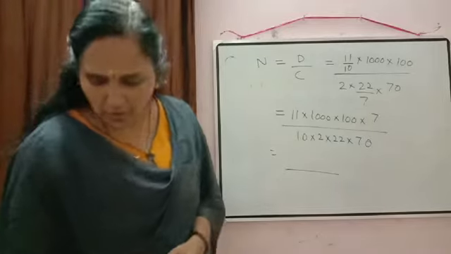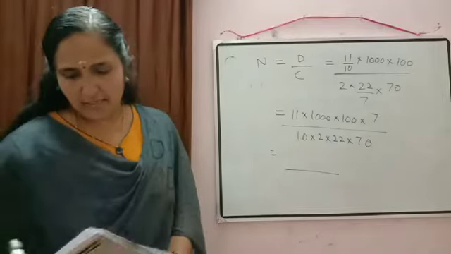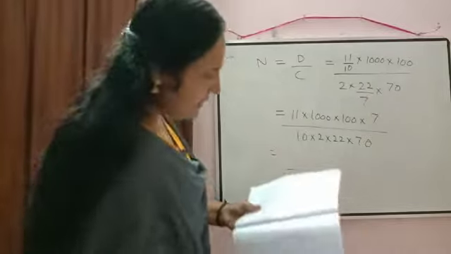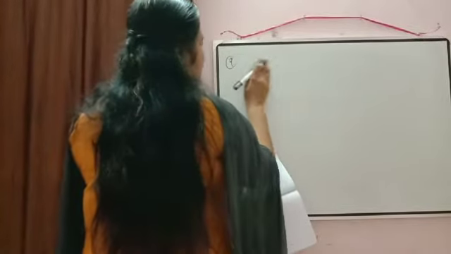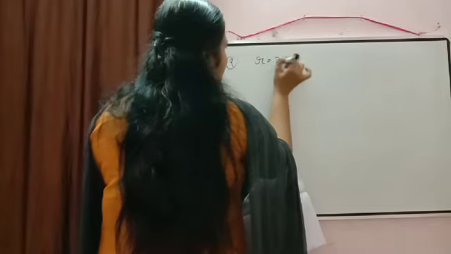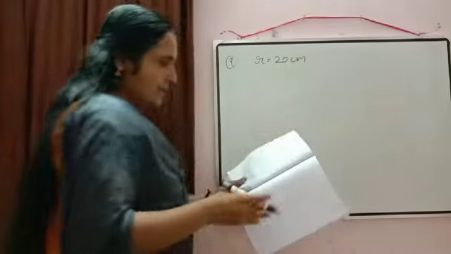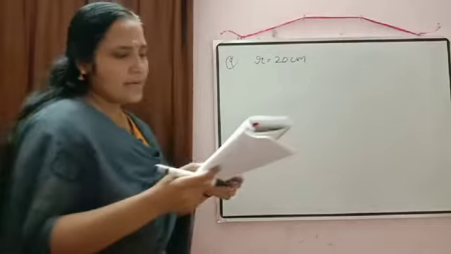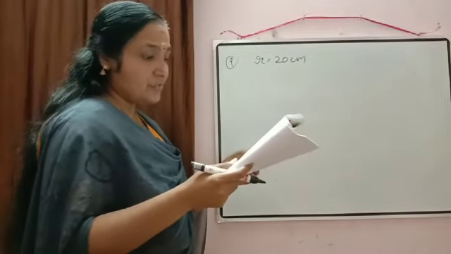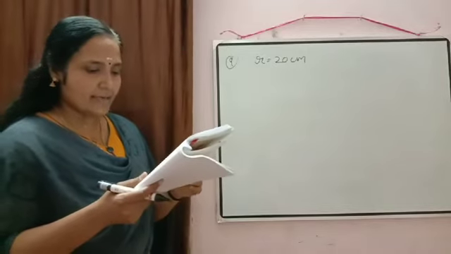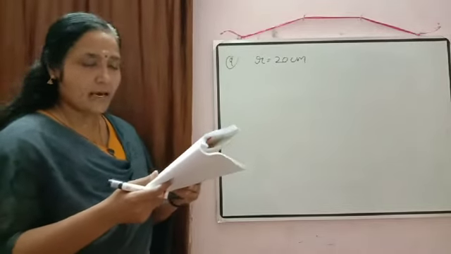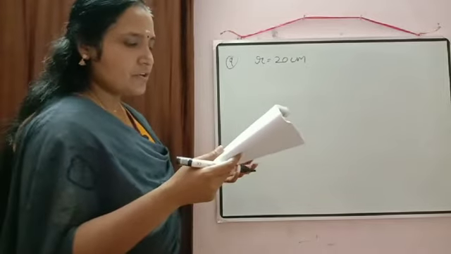Okay. So now we'll check the next question. In next question it is written, the wheels of a car are of diameter 40 centimeter each. So it is given diameter is equal to 40 centimeter. So we can write down there radius is equal to 20 centimeter. How many complete revolution does each wheel make in 10 minutes when the car is traveling at a speed of 66 km per hour? So again, first what we have to do?